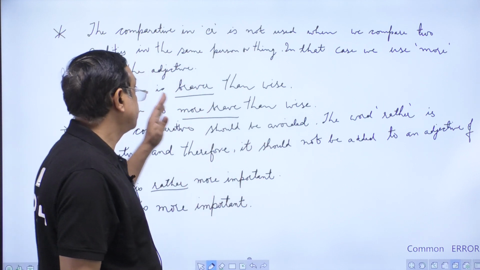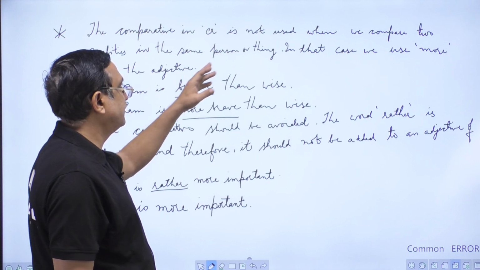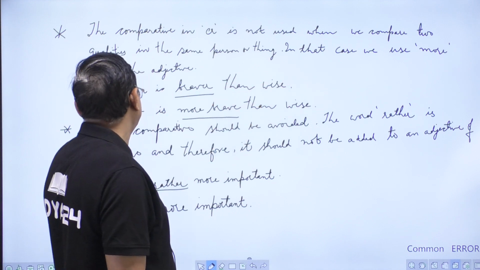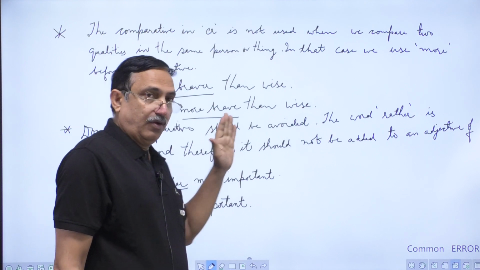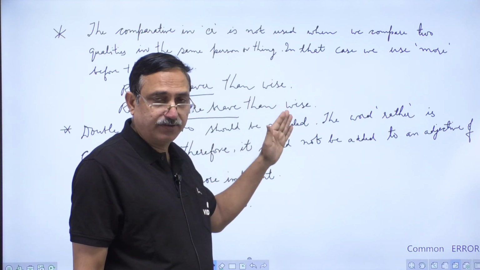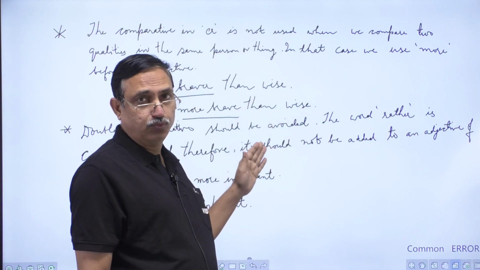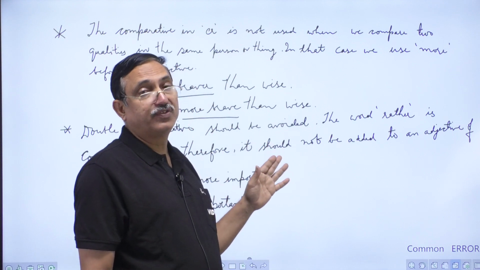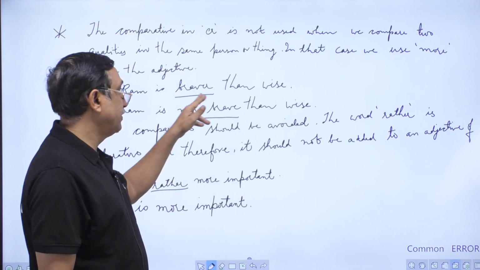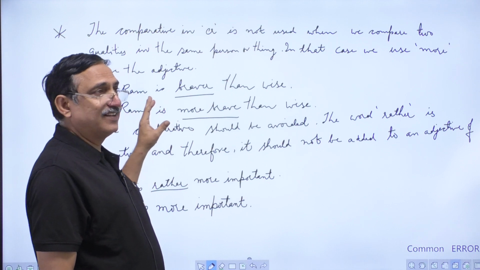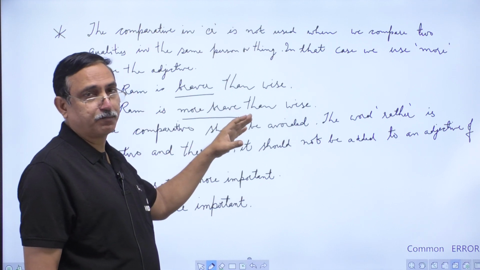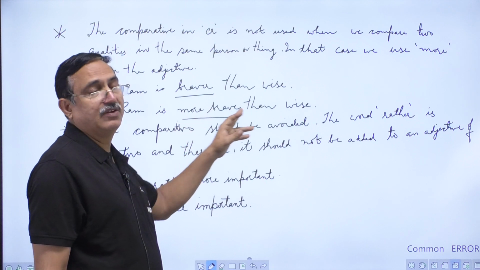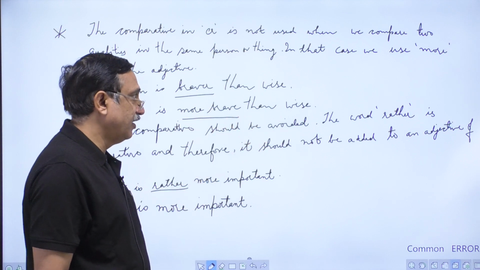Next error. The comparative in ER is not used when we compare two qualities in the same person. In that case, we use more before the adjective. We use comparative degree when comparison is made, but there is an exception to this rule. When we compare two qualities of the same person, there we do not use comparative degree. For example, Ram is braver than wise. So what we mean by this sentence is that Ram is more brave than wise. So here comparative degree braver should be avoided and we should use more brave than wise, because the degrees are